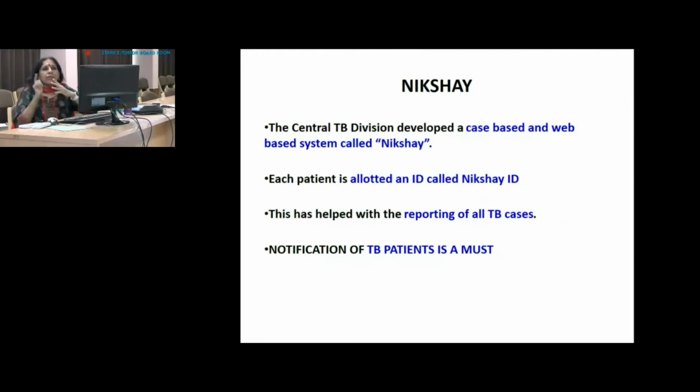What is the name? What is the gender? What is the age? What is the address? What type of TB, pulmonary or extrapulmonary? How was it diagnosed? Is it a microbiological confirmation? Are TB bacilli, for example, seen on a smear or gene expert, or is it something which is clinically diagnosed, etc. So all these details go onto the Nikshay portal, and each person is given a unique ID called Nikshay ID,